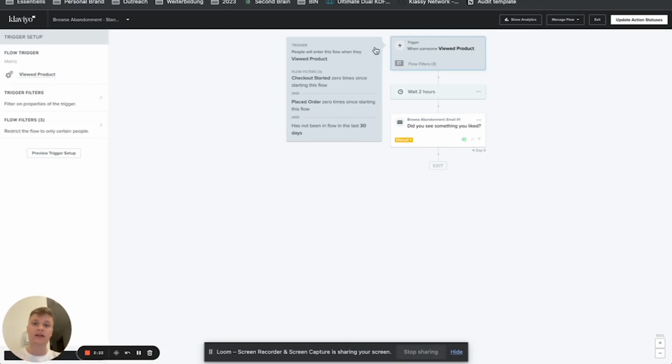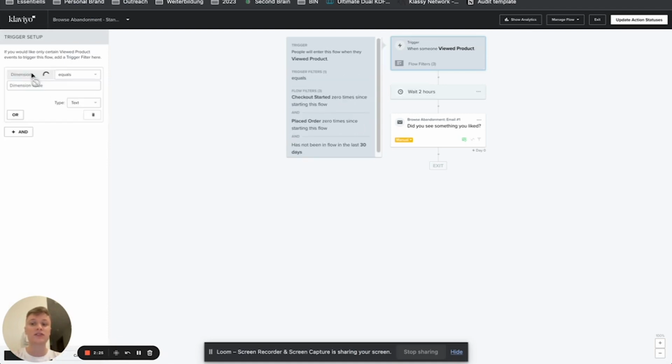The trigger filter essentially is something that's just for the trigger. So in that case, what you can do is when someone viewed product, in this case, you can see dimension, you just have value here. What you can play around with is, for example, hypothetically, you have a big brand with a lot of volume, but you have different, let's say, product prices. So you have a product with something above $200, for example, then you can select that the value equals or does not equal or is at least whatever you want. So let's say here is at least $200,